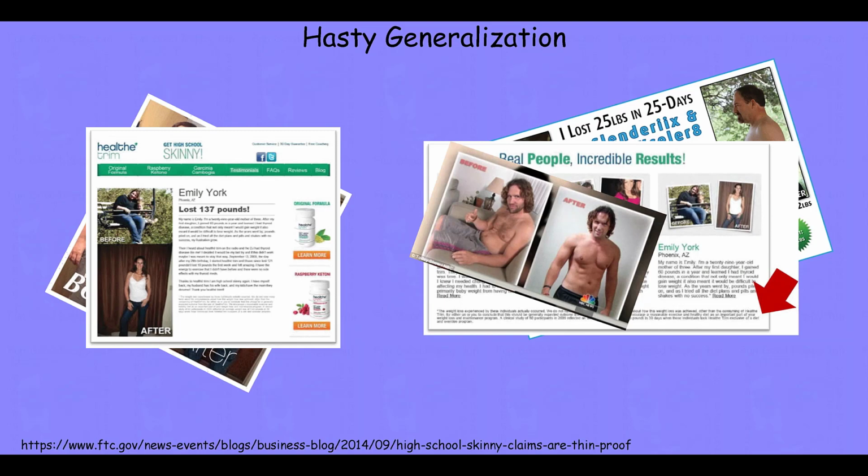Examples like these are examples where we're presented with something as though it's good data, but data really isn't representative, and it wouldn't be a good idea for us to generalize that people are going to be able to lose weight in the way that these people in the particular ad did, that they're going to keep it off in a way that the ad might suggest that they do, and so on.